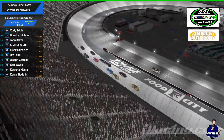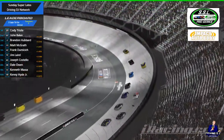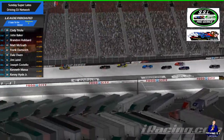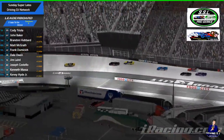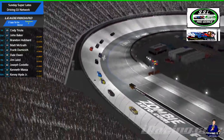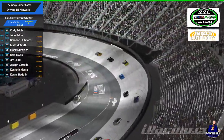Green flag, green flag. And the 29 with a big jump. Nice and smooth through 1 and 2. Hubbard getting a good run here on the 07. Thinking about going high here. We're going to get the white flag this time by